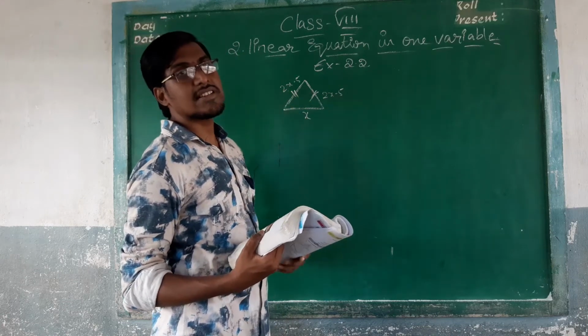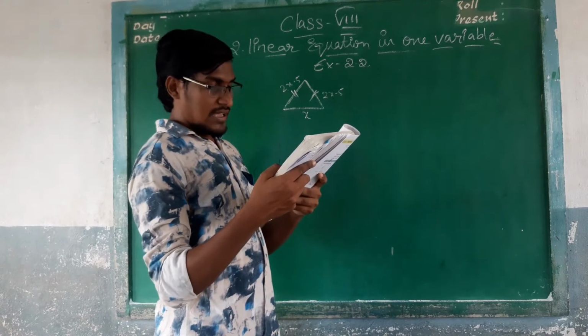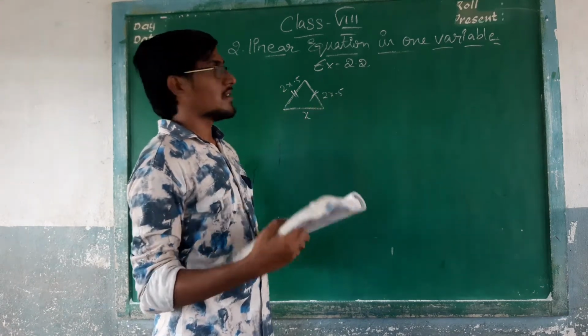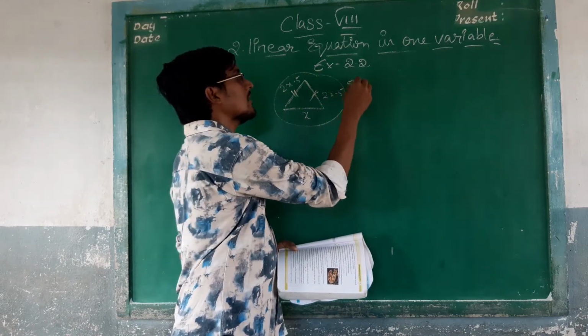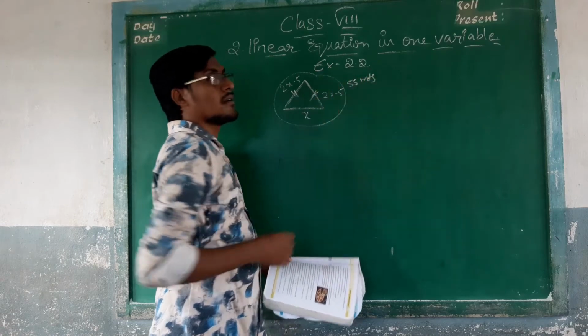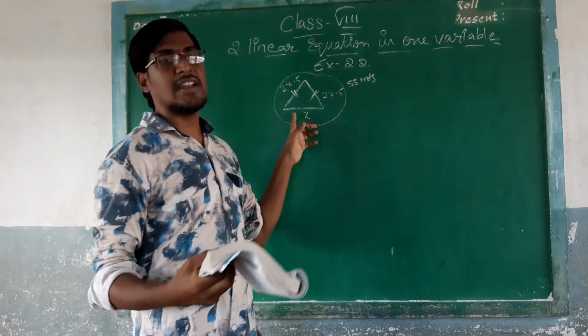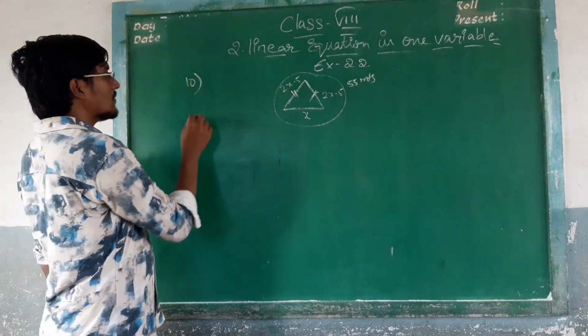So the two equal sides will be 2x minus 5. Again, what is given: the perimeter of the triangle is 55 meters. We have given that the perimeter of a triangle equals 55 meters. Find the length of its sides. So first we have to take